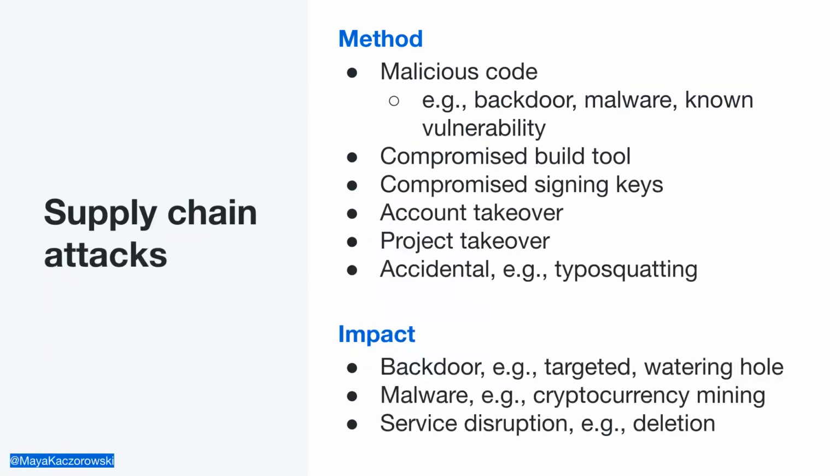Introducing malware. This could be to collect login information, for example. But the easiest way to make money, like I said, is cryptocurrency mining. So malware might just be there to abuse any extra compute and mine the trendy currency of the day. Traditional botnets also are part of this category. And lastly, service disruption. This could be, for example, to take a service offline, right? If I think about security, we're always aiming for CIA: confidentiality, integrity, and availability. If I can affect availability of your software, that's also an attack on you and your environment.